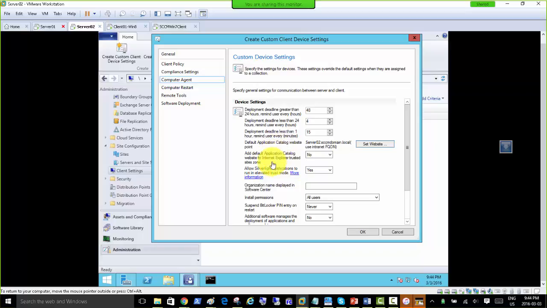So add default application catalog website to Internet Explorer trusted sites zone. So when you try to retrieve the web catalog page, just add it automatically to the trusted sites zone. So that has to be yes, right? It should be trusted site, otherwise it's not going to open unless you manually add to trusted site. And if it's 10,000 machines, of course you can't tell everyone, hey, go there and add this site to the trusted site. Then you can see our web page, which is offering lots of applications. Okay,